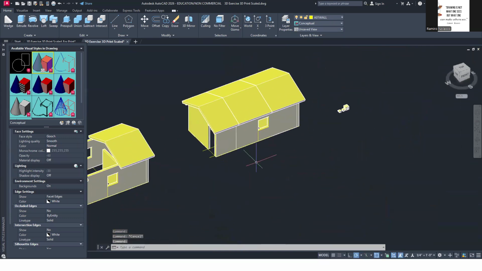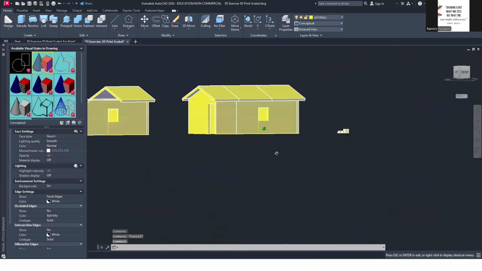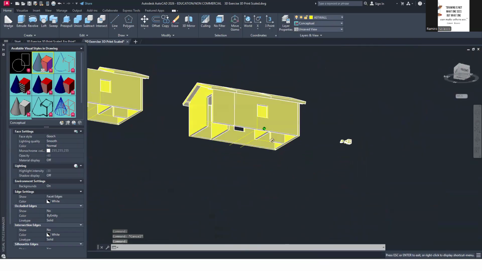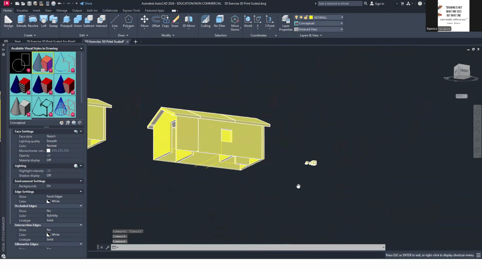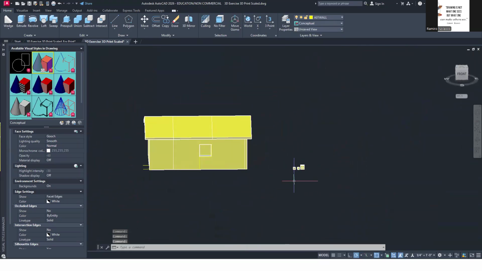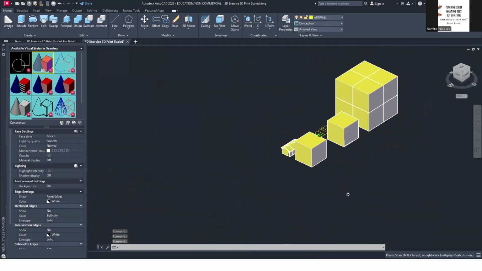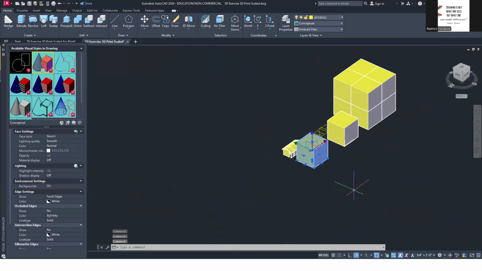Okay. Now, once I've completed my model, I could have created a floor, but I did not, so that's okay. But once I've done that, then remember the 3D printer is only able to do a 5 by 5 by 5.